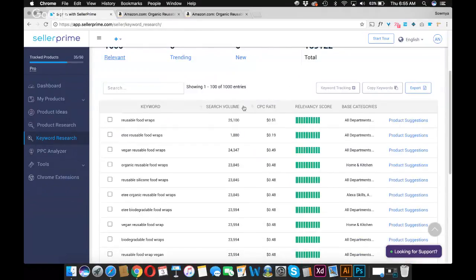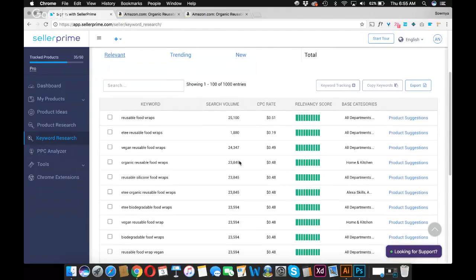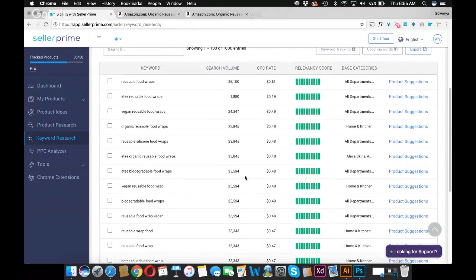You have to check the search volume and the relevancy score. You can export the whole list as well. And you can select keywords separately, then copy them and put them into your product listing. So this is the same thing again. You find more and more keywords for your product listing, and especially if your keywords don't have this kind of search volume, then I would really suggest you take a look at the keyword research